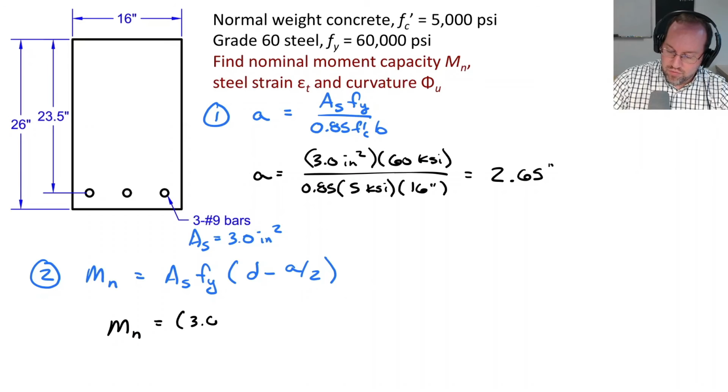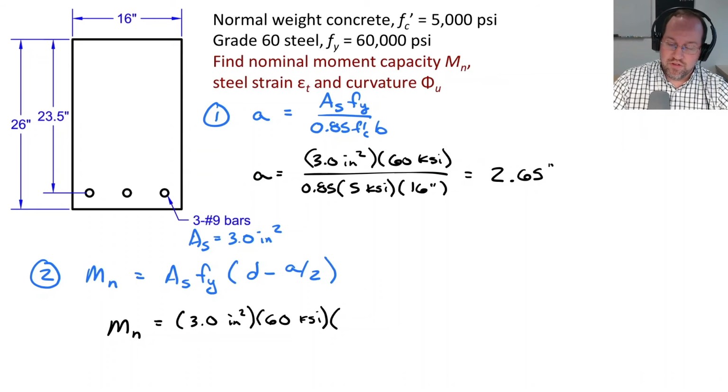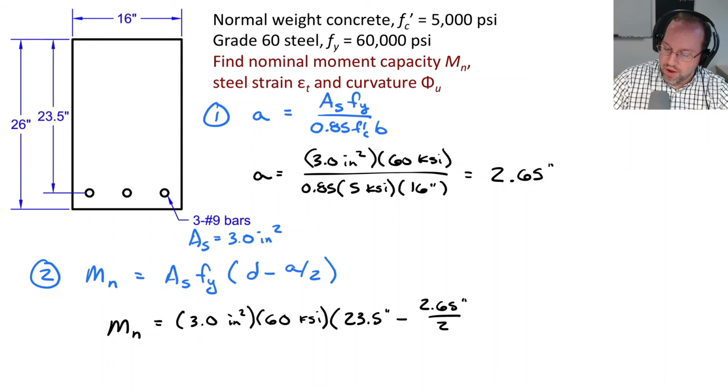As is 3 square inches. fy is 60 ksi. My depth d is the distance from the top of the section down to the centroid of the steel, which is 23.5 inches in this case. So 23.5 inches minus a over 2, which is 2.65 inches divided by 2. So running all those numbers, this is